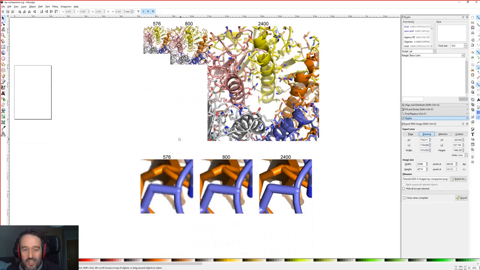And therefore, if you take the same portion of each of these images and you expand them, you can see here that at 576, the quality is pretty bad. But getting up to 2400, when you zoom into these very, very tight sections here, we're still retaining pretty decent image quality there.